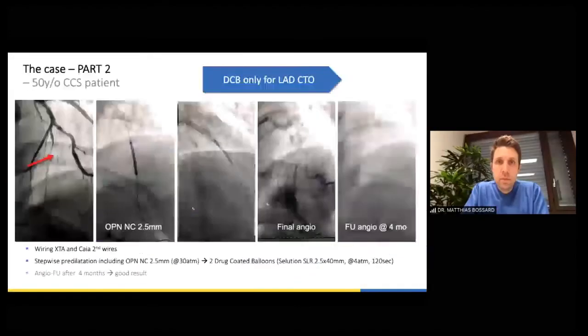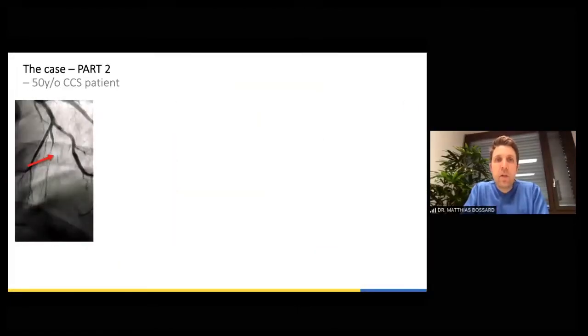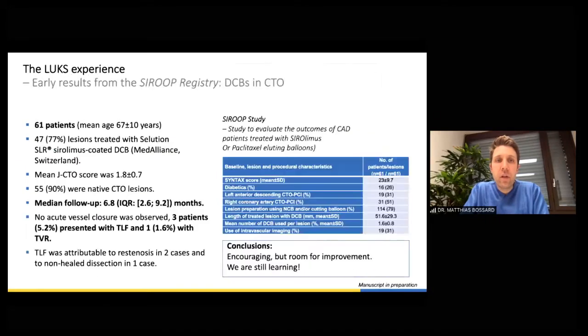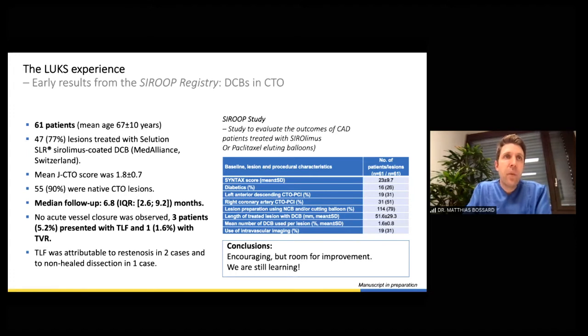Let me just go back. So from our registry, those were consecutive patients who have been treated with DCBs for CTO cases at our site. Florim, please correct me, but I would say nowadays, whenever we do a PCI, we have in mind that we could basically use a drug-coated balloon, irrespective of the vessel size, if it's not a STEMI. Whenever possible,